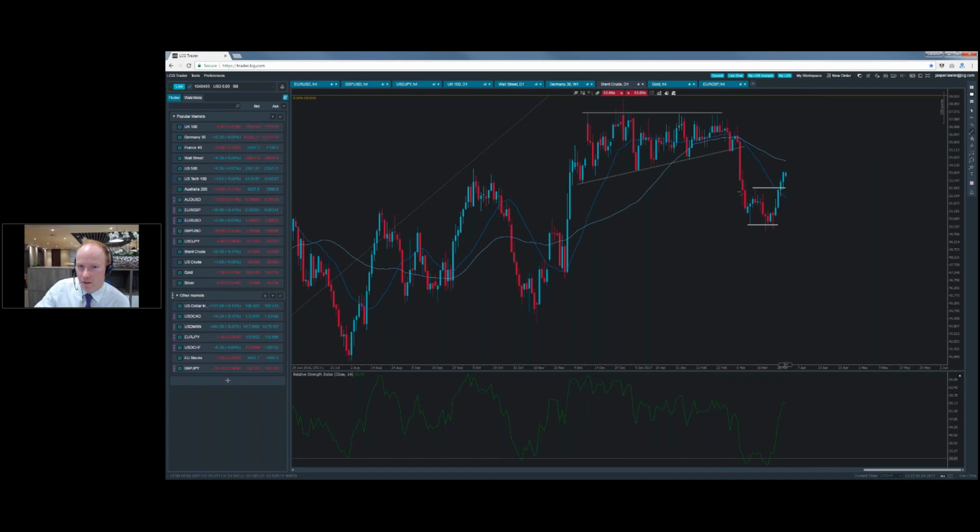This was probably the safest neckline to draw. You could have drawn it through this peak over here as well. Then you would have got the daily confirmation a little bit sooner. It was also above that 20 period moving average, so you could have jumped the gun a little bit here, but we certainly got the close up here, and then we closed again on Friday, looking a bit positive again